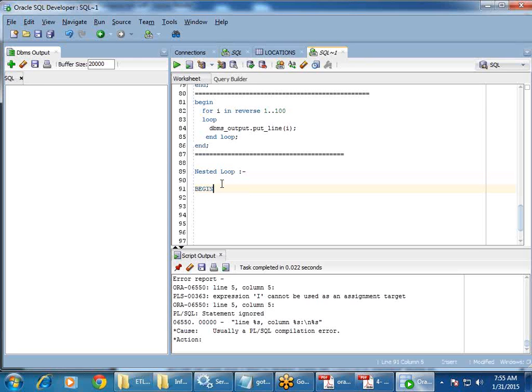I don't need any declaration. I don't need any variables. This is an outer block. So I'll call it as for I in 1 to 10. That means the first loop will get executed 10 times. Here I'm printing the message, let's say, dbms_output.put_line. Let's say here I'm printing the first,